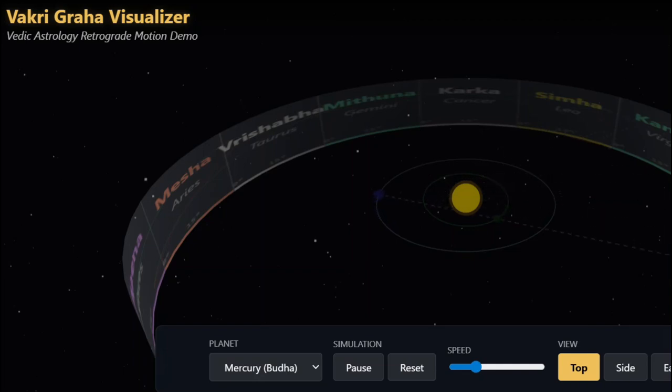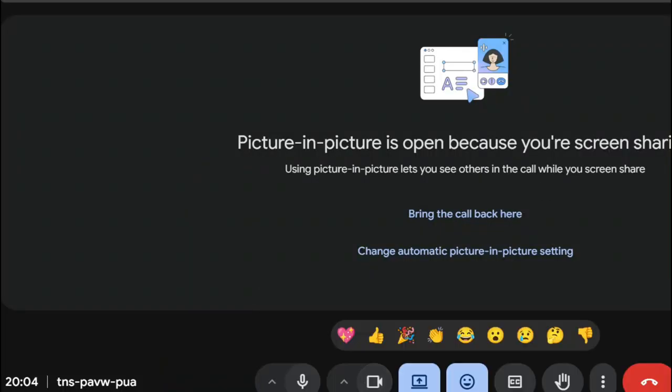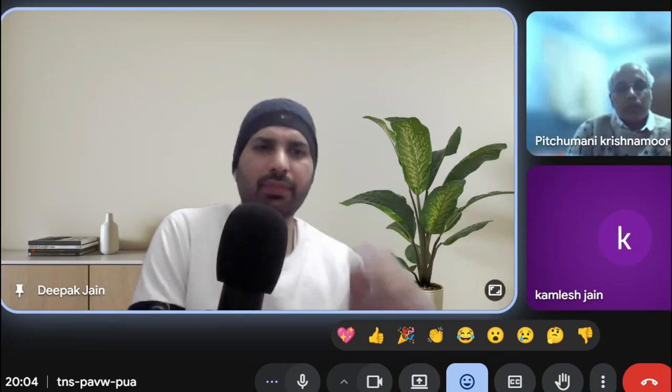Okay, anyways, I think you must have got an idea of what I'm trying to show. Yeah, very much. Maybe I'll improve the contrast, and because I know that menu and all was blocking the view, I will put it on the side, and then maybe you'll be able to visualize it better. Okay, so retrograde basically means moving backward, but actually that planet is not moving backward, but since we are